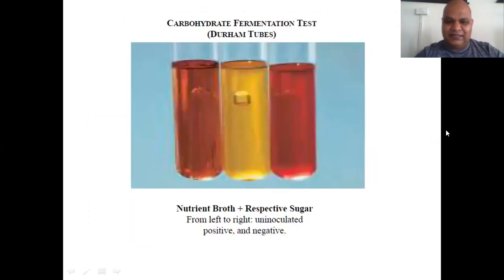If you see the result, the first one is red in color, and the second is also red in color. This reddish media indicates the presence of sugar only. But when this sugar converts itself into an organic acid, it changes to yellow color with the evolution of certain gases. So in this yellow media, if there is a color change, it means there is definitely the presence of bacteria.